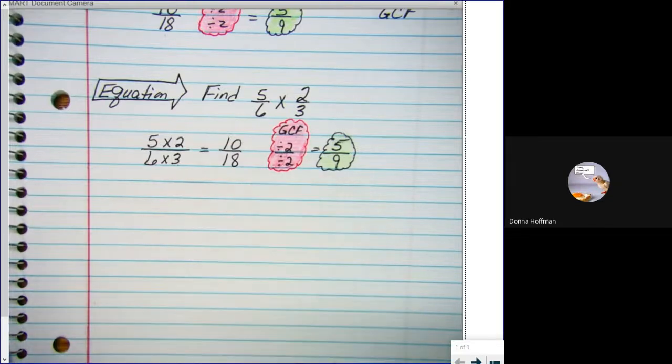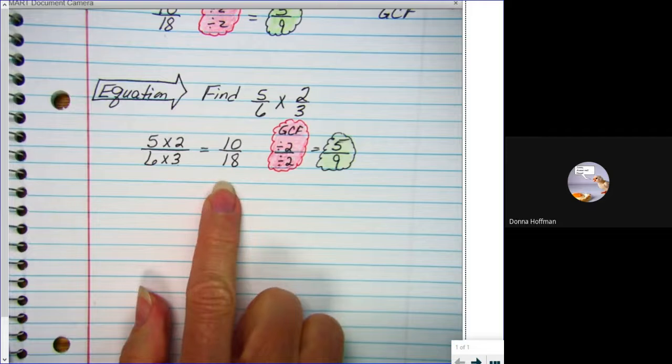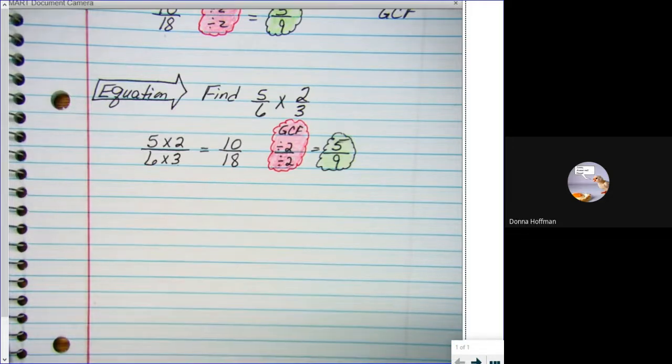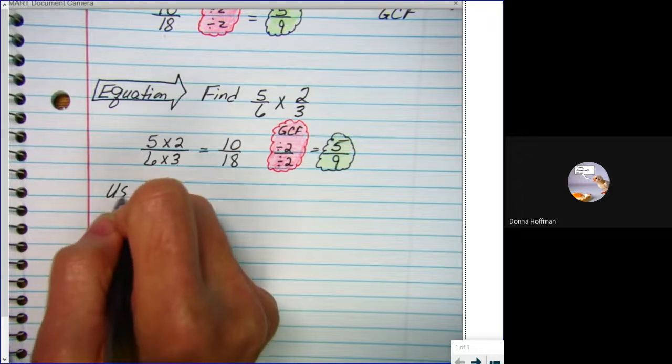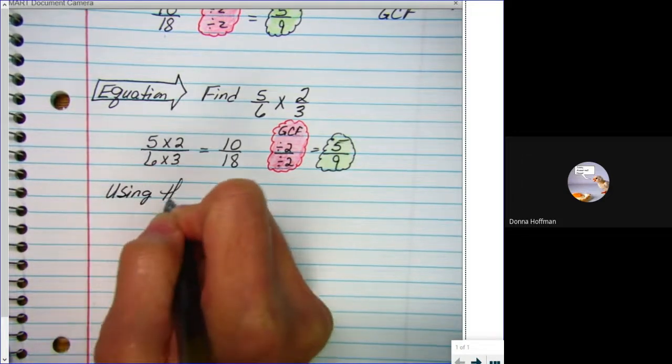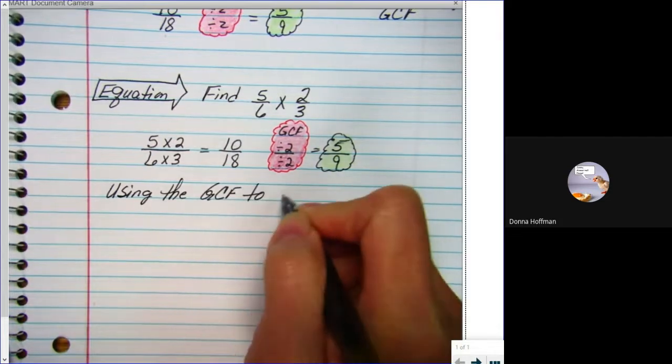But there's going to come a time when you have numbers that are really big within your problem. If you make those numbers smaller first, then it becomes so much easier to evaluate the final solution and see, does it need to be simplified some more? And you're dealing with smaller numbers. Dealing with smaller numbers, you're less apt to make mistakes. So this is an example of using the greatest common factor to simplify the problem